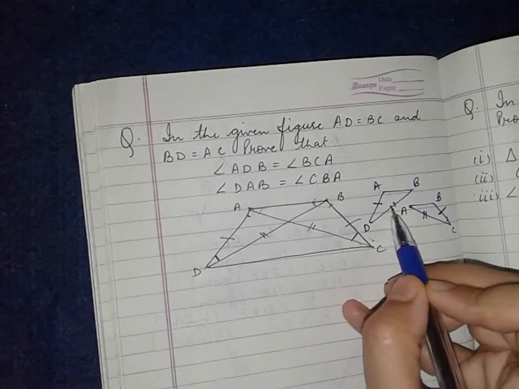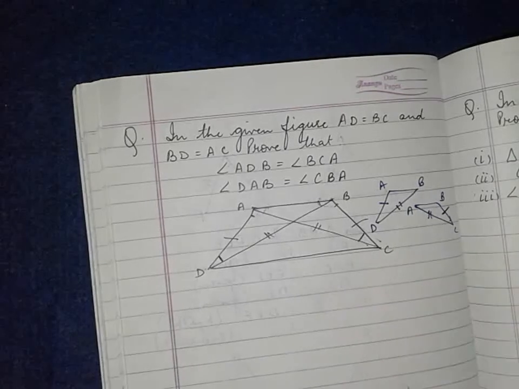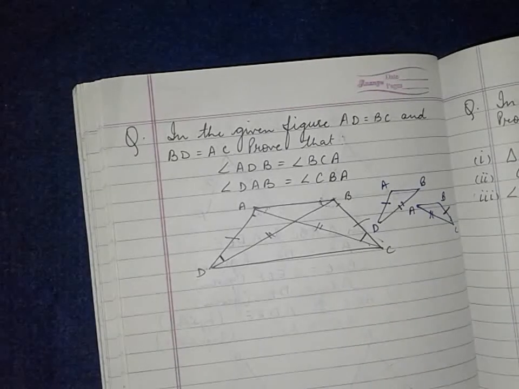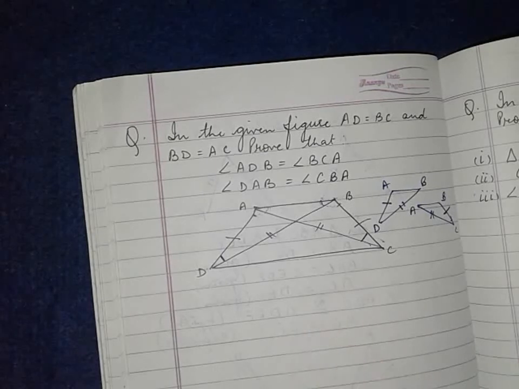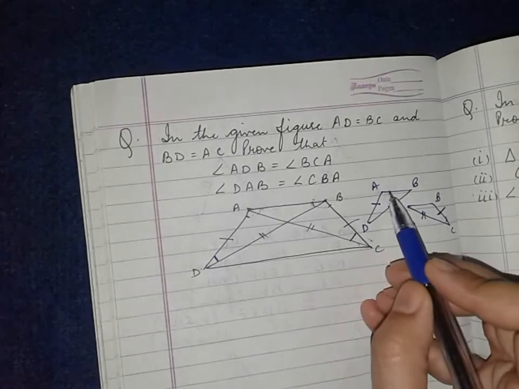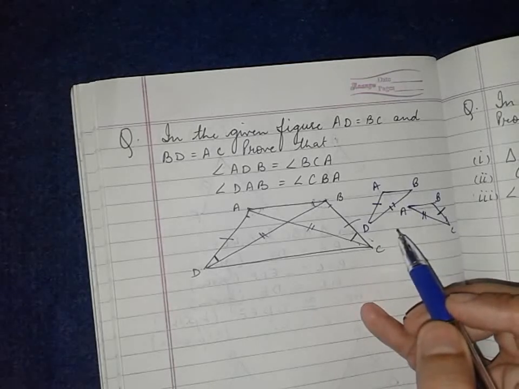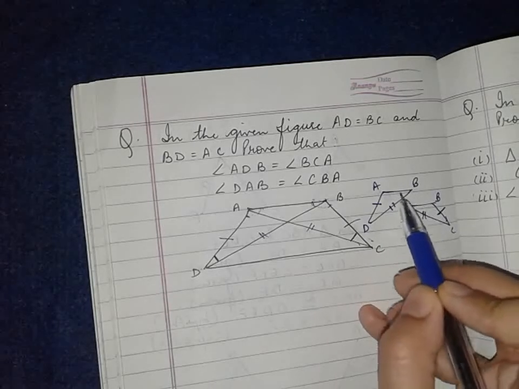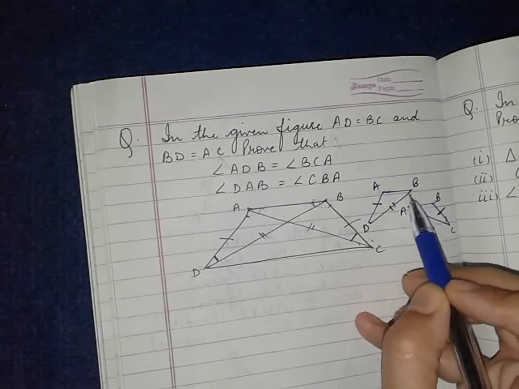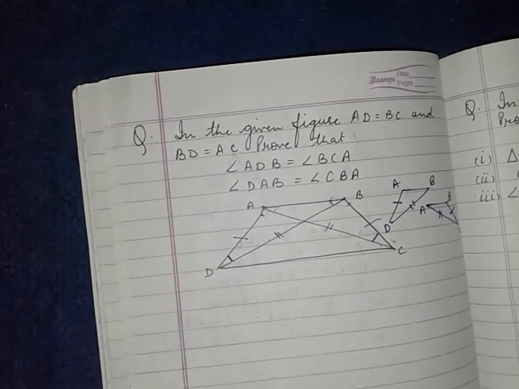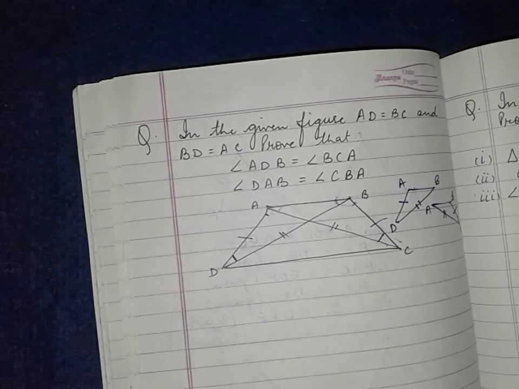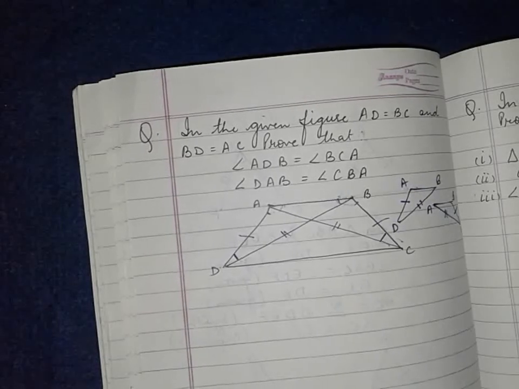Now only two things are given: two sides are given equal and no angle is given equal. The angles we have to prove. So we need one more side, three equalities we have to write. What can we see in the figure? This AB and BA is one and the same thing. They are common. So we have got the third side common, and when it is common the length will remain the same, meaning these two sides are also equal. So we have got three sides equal, meaning the triangles will be congruent by SSS.